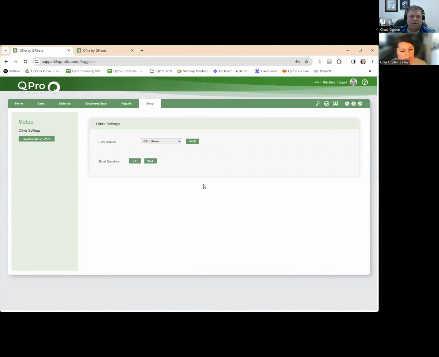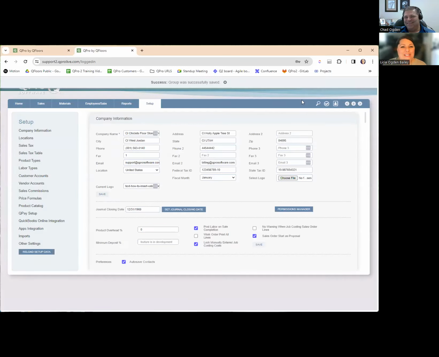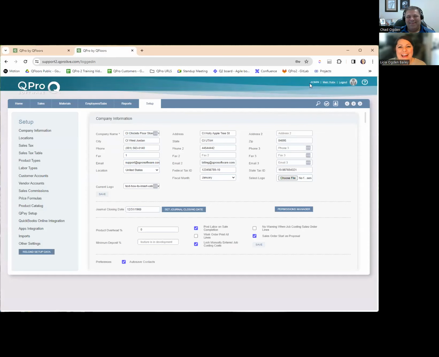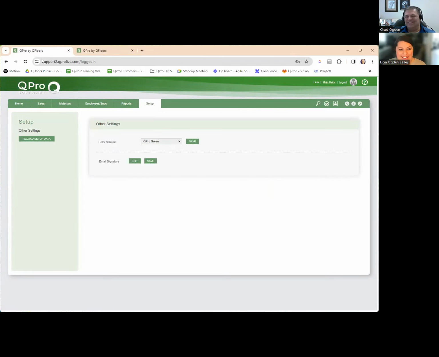Anything to add there, Chad? It looks like they can change colors. Well, I'm distinguishing here between, I'm signed in as a different user. Just teasing. So yeah, just to kind of recap, I think what you're saying is this is kind of the